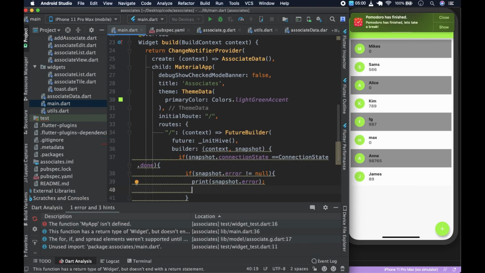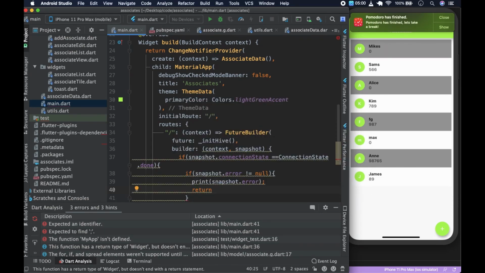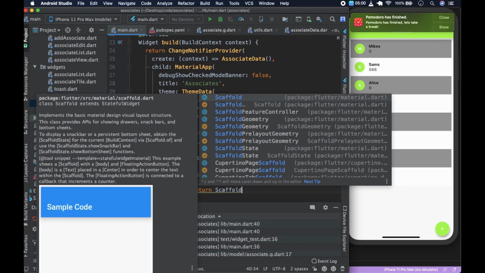And then we would return a scaffold with